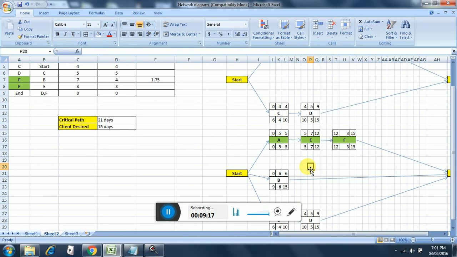These are examples of schedule compression. In case you get questions on schedule compression in the exam, it will be of this fashion. Apart from this, you may also get certain definition based questions on fast tracking. A question might come stating what are the main disadvantages of fast tracking. So in that you will have to mention that fast tracking involves a lot of risk.